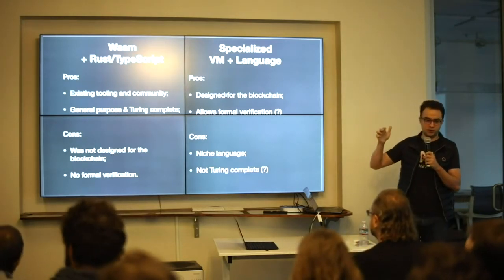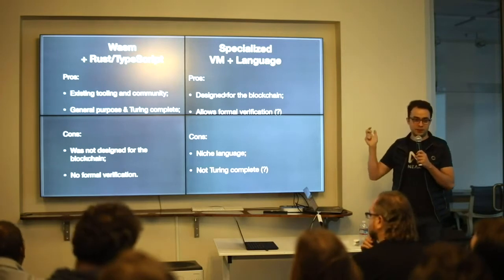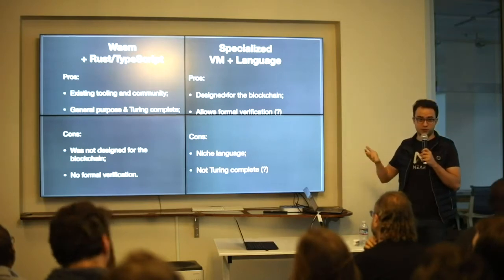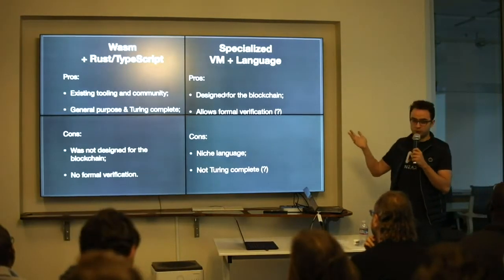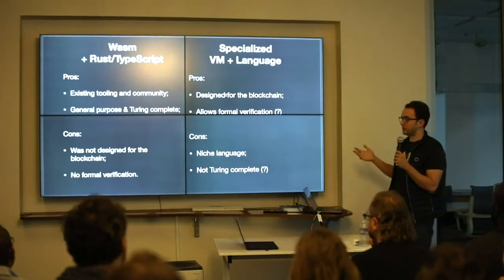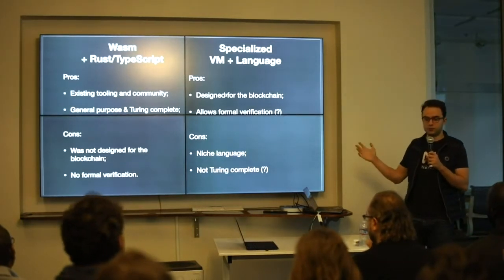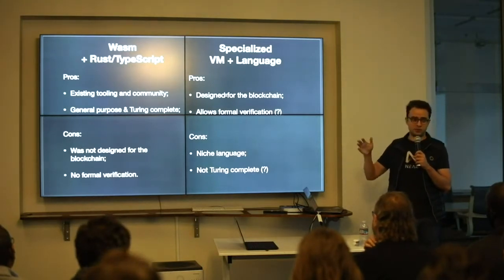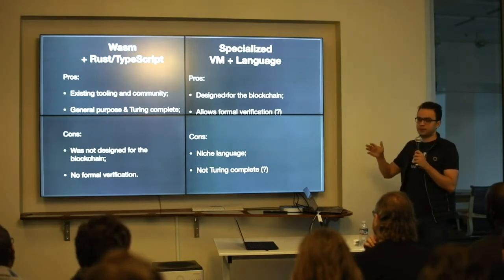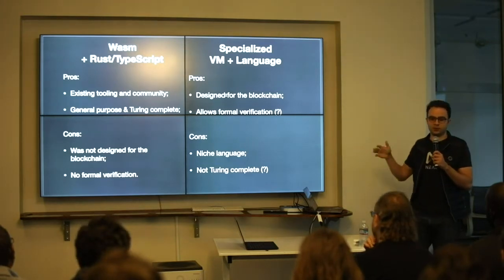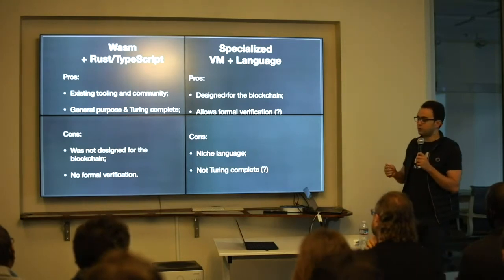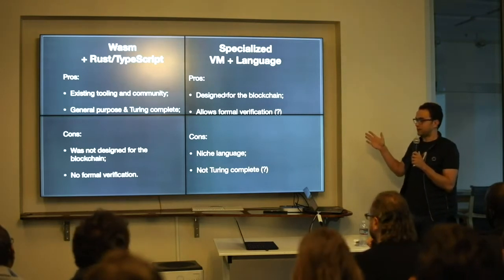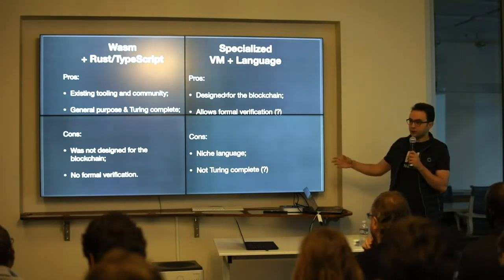With WASM you have existing tooling and community, and it has kind of passed the validation check by the community, meaning if the language has existed for long enough, it's a good language and the features are polished. It's also general purpose, so you can write almost anything, Turing complete, which can be viewed both as a pro and a con. With the specialized virtual machine, usually they fine-tune it to a specific blockchain. And in some cases, if it's a functional language or non-Turing complete language, it allows formal verification, which is good. The problem is it's a niche language. Not many people know how to write in this language. And yeah, our blockchain is in the WASM camp